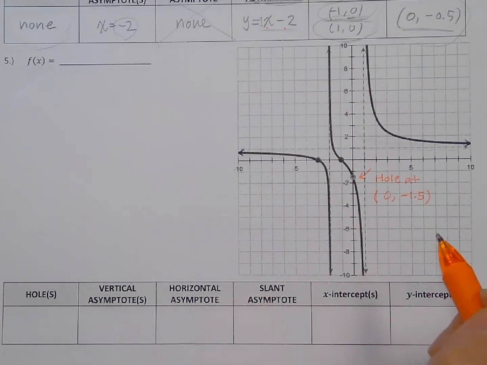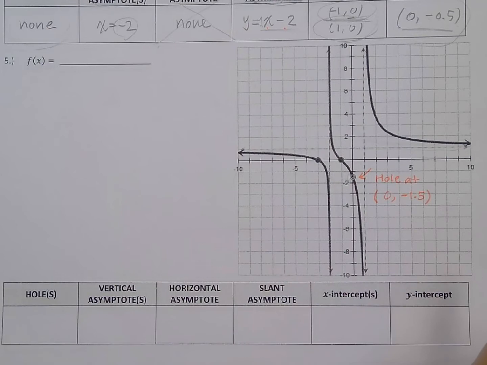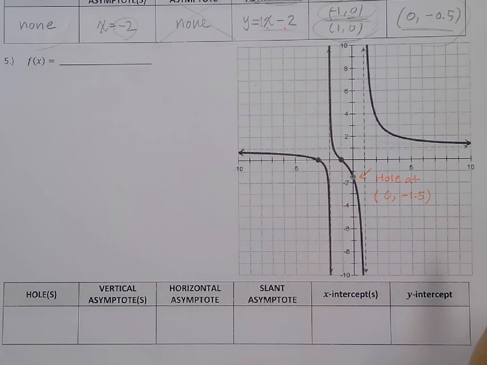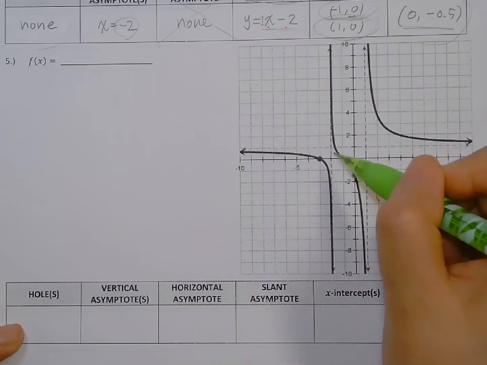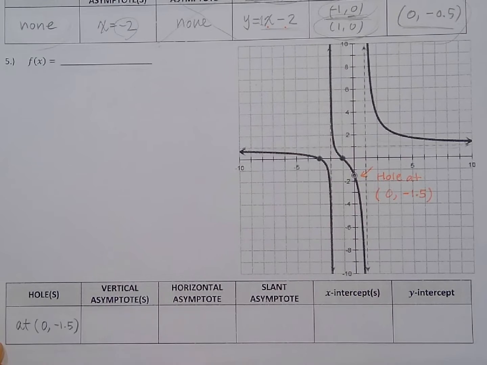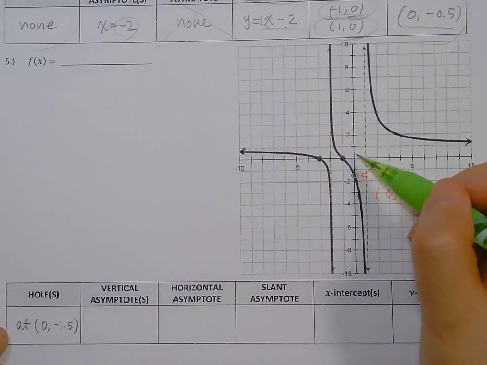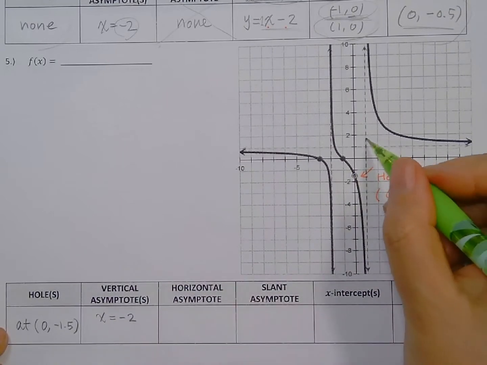As you already saw in the previous example, the exact y value will be just approximated and then it's gonna work, right? Okay, so then let's fill the table first. So we can fill with the hole at 0, negative 1.5. The vertical asymptote, first one that I can see is where x equals negative 2